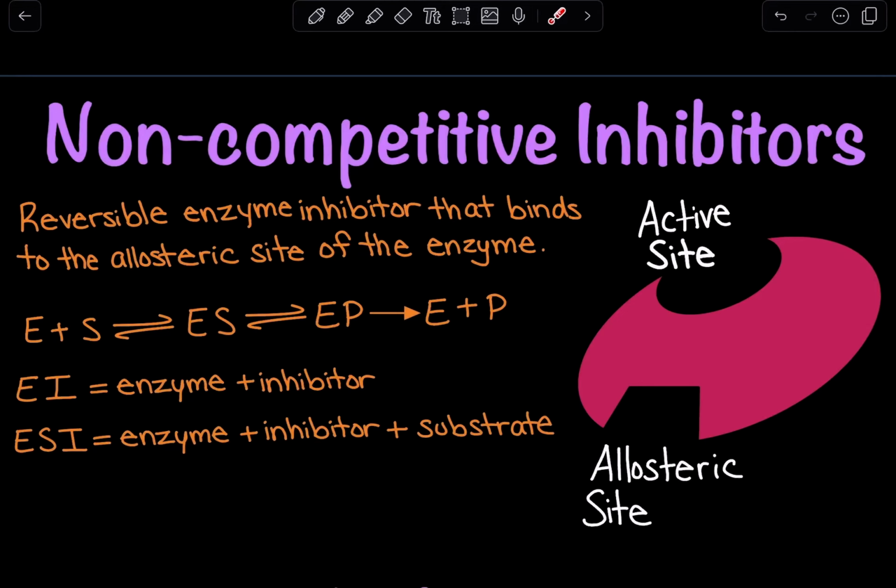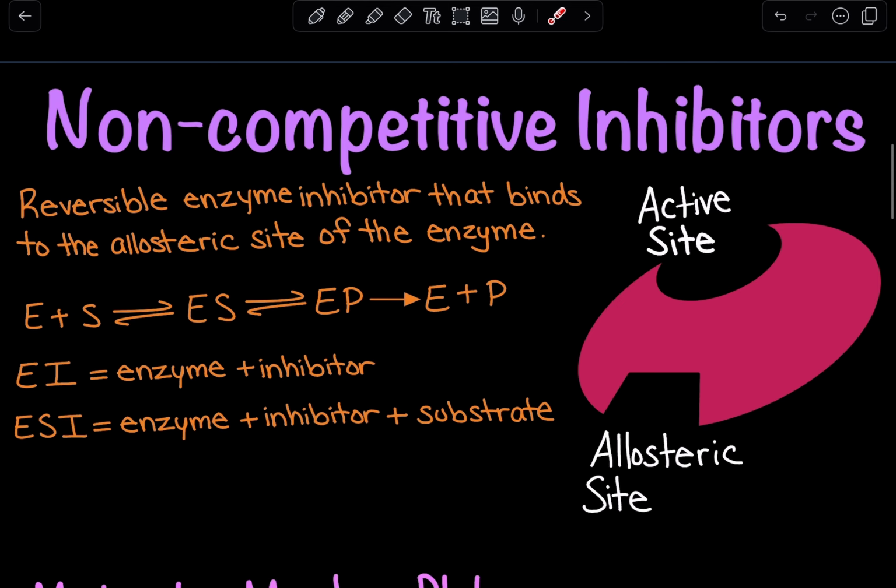So here we are going to first define what non-competitive inhibition is, and then in a later video we are going to go over the Michaelis-Menten and Lineweaver-Burk plot to further define this type of inhibition. Now, before jumping into what non-competitive inhibition is, we have to remember that when we talk about inhibitors for enzymes,